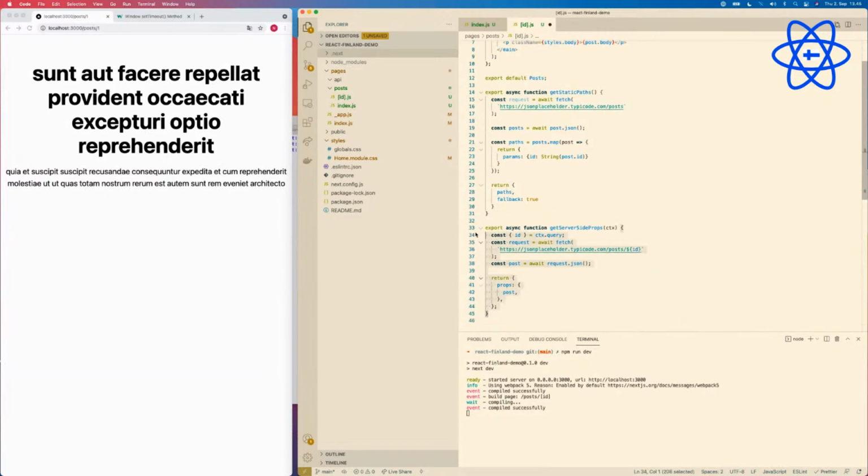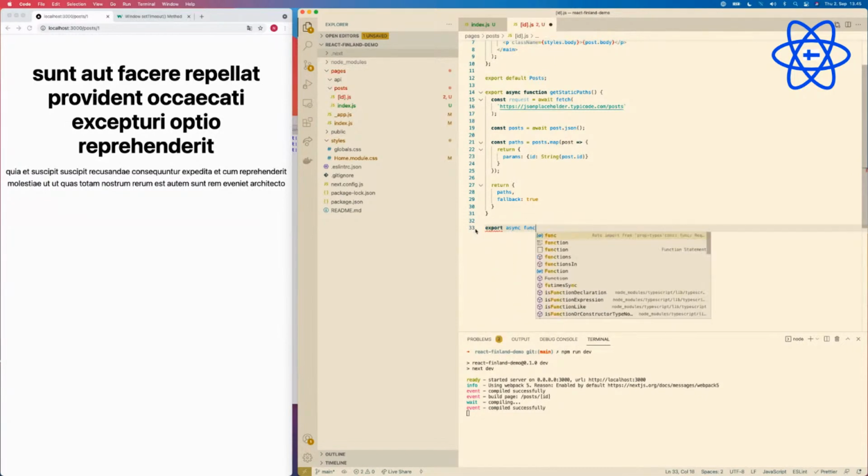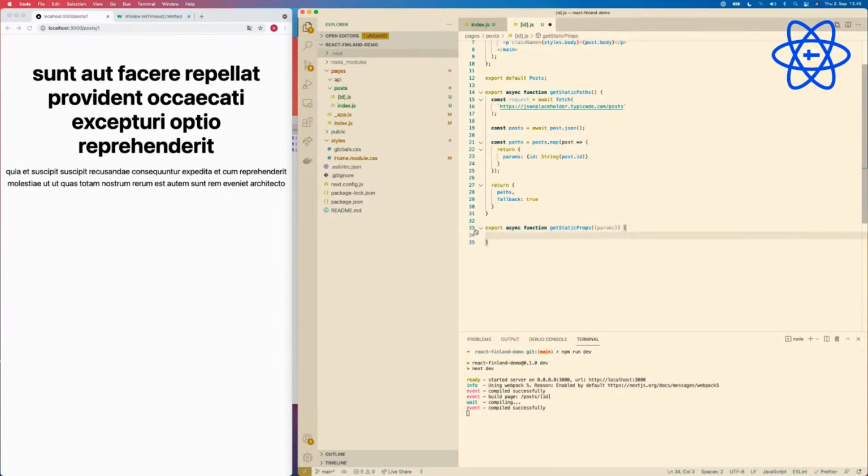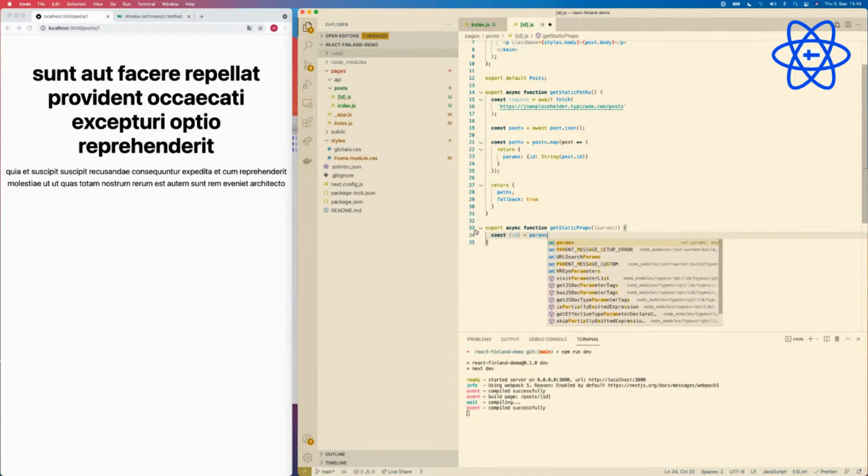And then we are going to be changing this bit. So instead of having getServerSideProps, let's remove it so we can see better. We are going to use something called getStaticProps. Okay, and that takes params as an argument, and then we are going to fetch the ID from those params. Essentially, this is when the user comes to the server.